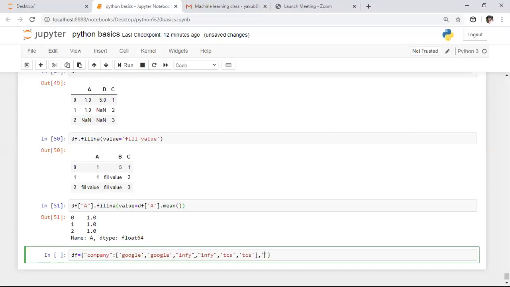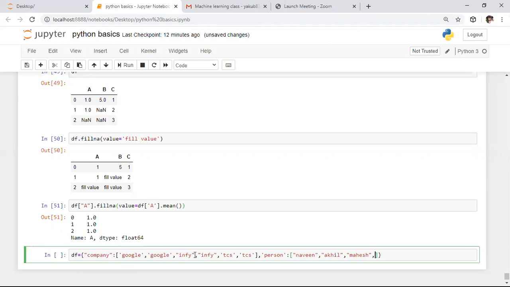So here I'm saying person equals to. For the person key, in place of persons, I want to give names. At the first place, I am giving Naveen. At the second place, some random name like Akhil. After this, one more name, Mahesh.